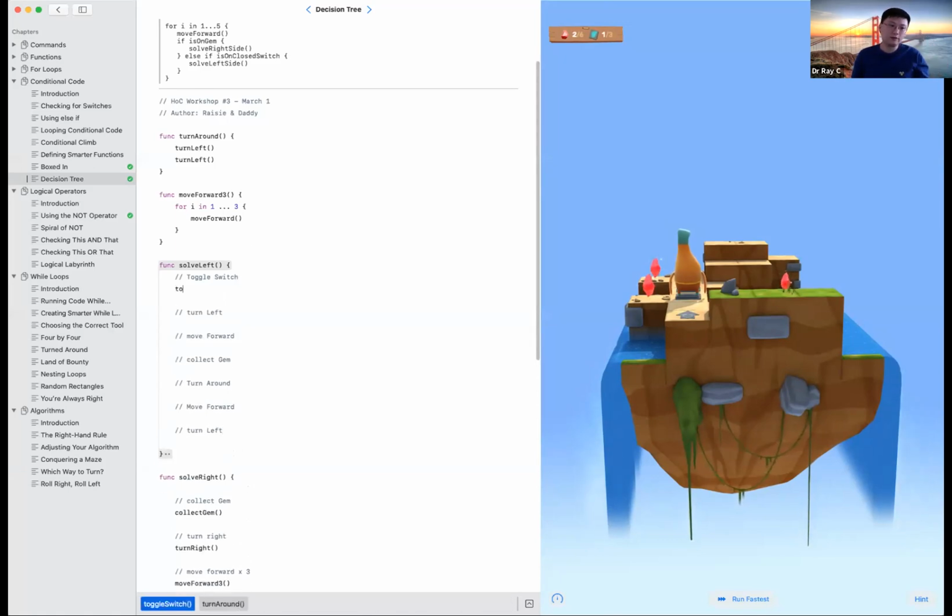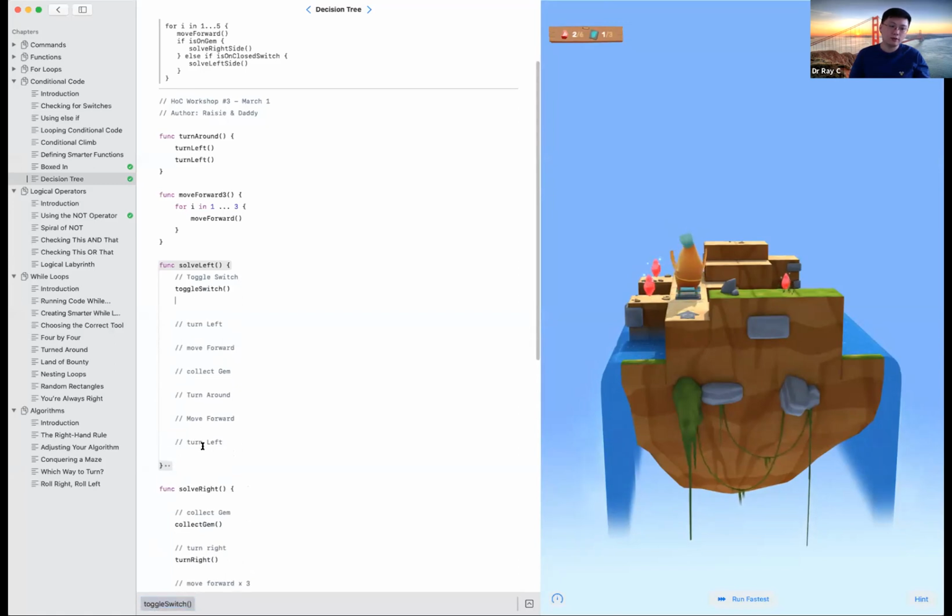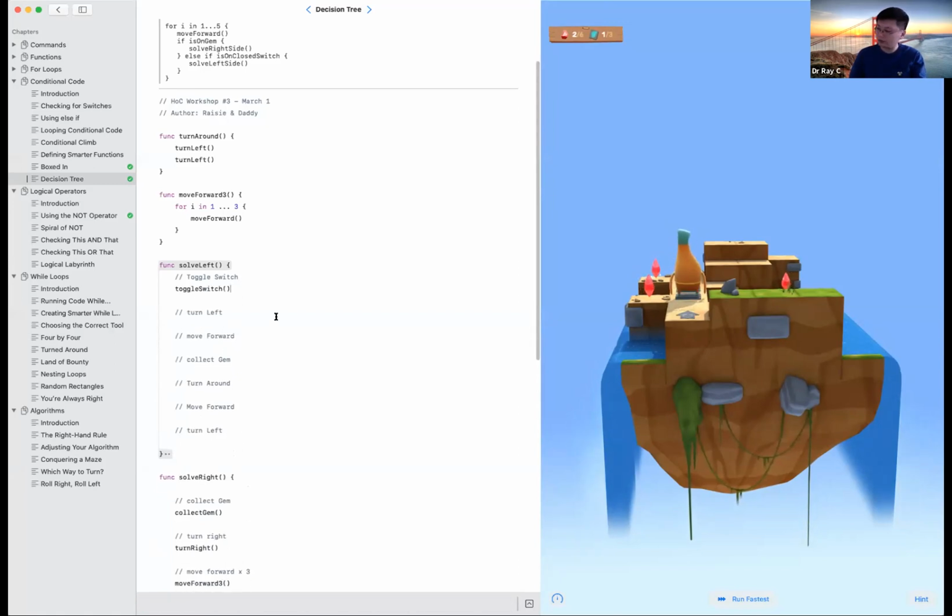So the first one, you want to toggle switch. After you toggle your switch,